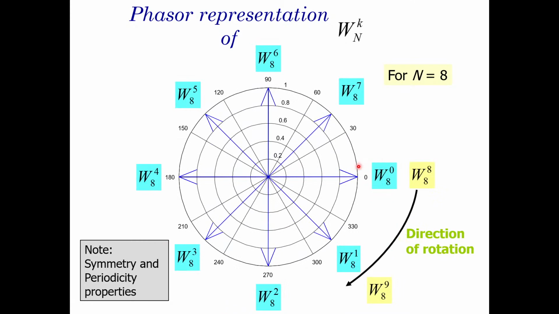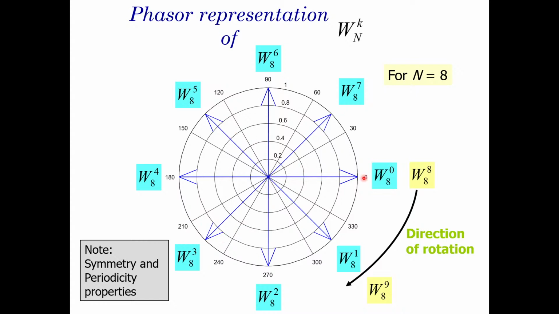So that means that when we add W8 of 0, we'll be at the 0 degree line here. And W8 of 1 is at the minus 45 degree line here. Then W8 of 2 is at the minus 90 degree line, and so forth. So this gives us a nice indicator of how we can easily calculate some of these twiddle factor values, and the only hard work we need to do is to calculate in between each one of these